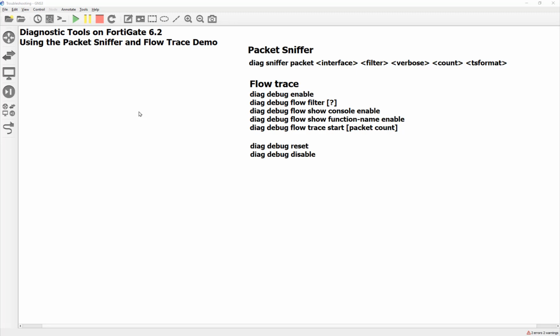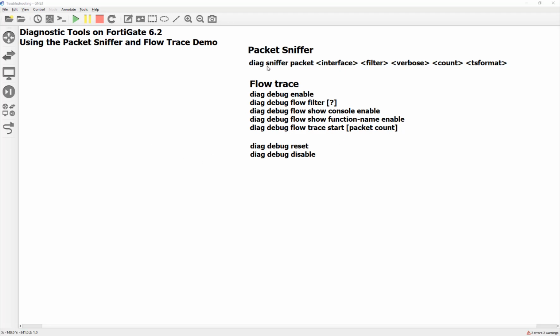There's way more than that, and I'll actually put the link to all the diagnostic tools in the FortiOS manual in the knowledge base in the Commons field here, or in the video description. But these two, I mean, this is two that you should at least get used to on a daily basis. All right. So, on a daily basis, hopefully not on a daily basis, but it's the Packet Sniffer and then